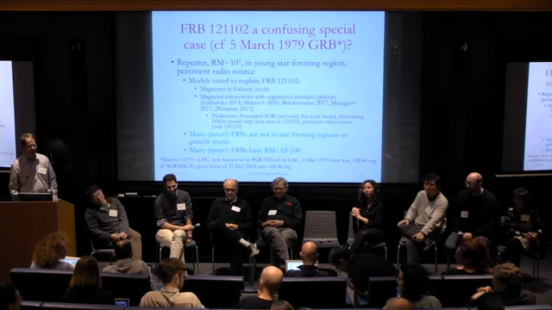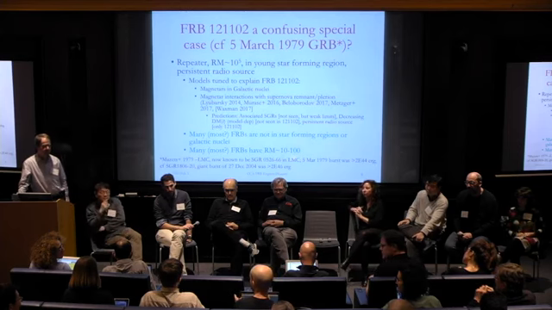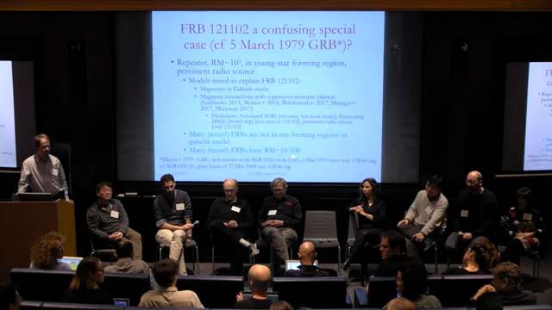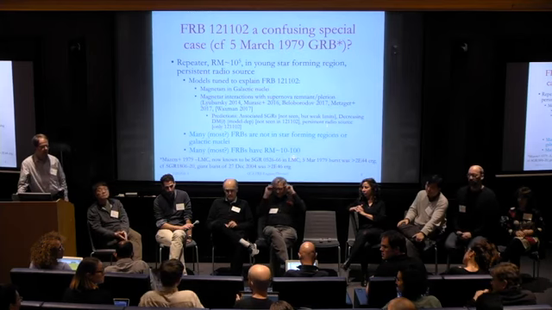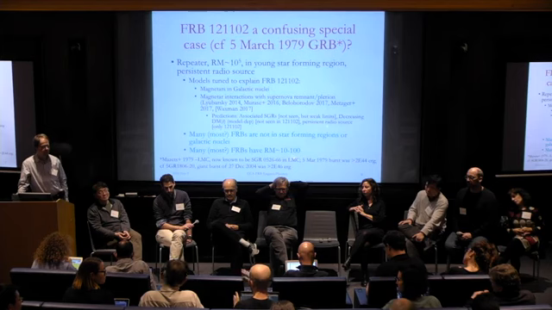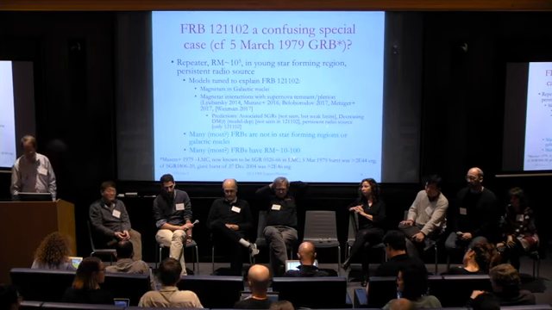Yeah, so I was just going to push back a bit on the polarimetric properties argument because the Crab shows a variety of different pulse components at different frequencies, main pulse and interpulse, that have characteristic polarization properties quite distinct from each other, but they're obviously all coming from the Crab pulsar. So if one FRB looks different than another FRB in terms of a swing or whatnot, it doesn't mean they're necessarily different types of objects.